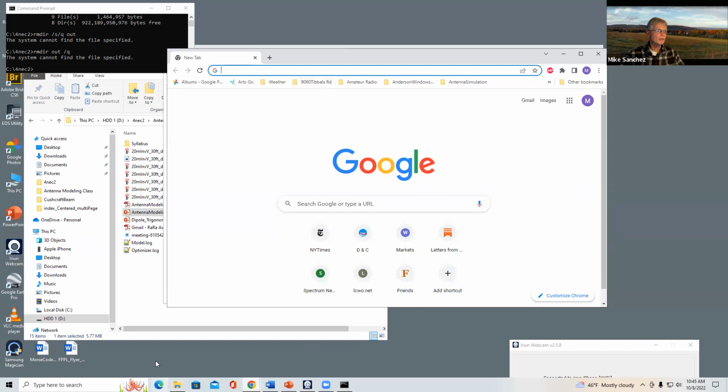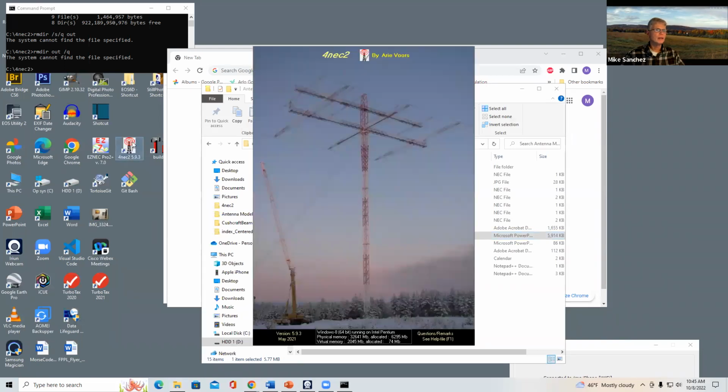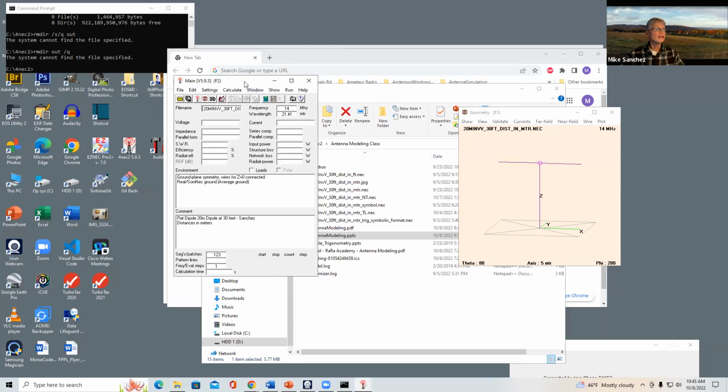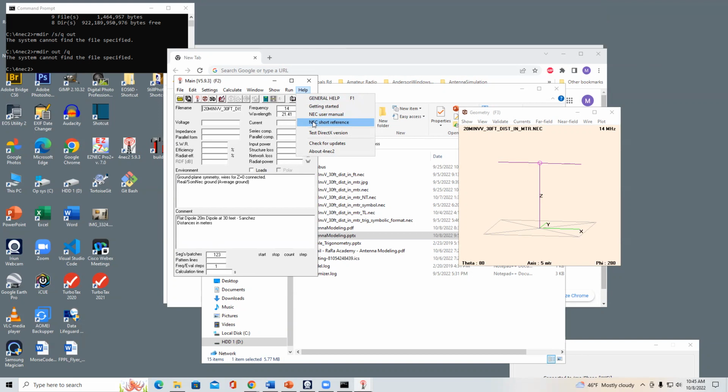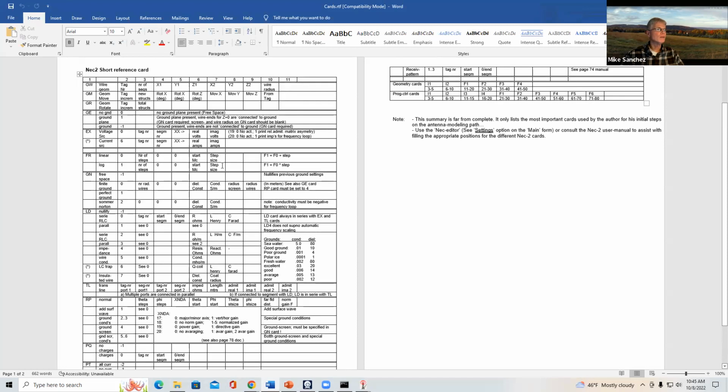Let me show you the first and most effective way to answer your question, but sometimes it doesn't cover everything you need. So if you launch 4nec2, hopefully, if everybody takes just a second and looks up here, please. All right, so if you open 4nec2, over to the right, you'll see Help. You can access the NEC user's manual, which I don't recommend. And then Arie Voors made a NEC short reference, okay? So now here are the most common